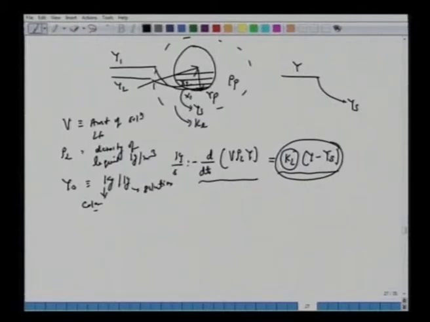This KL times Y minus YS, you must recall, is a flux. So let's say we have chosen these values of KL so that the flux is kg per meter square per second. Recall earlier we used moles per meter square per second. Here in case of adsorption, we are working in kg per second. So the flux is multiplied by this AS. So what is AS? AS is the external surface, meter square per kg.